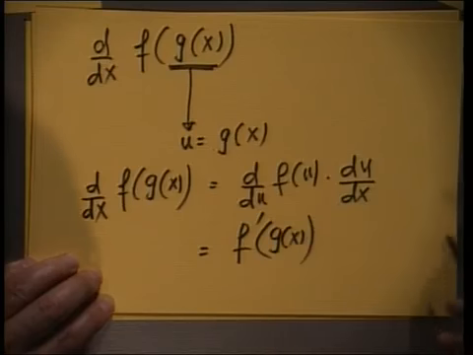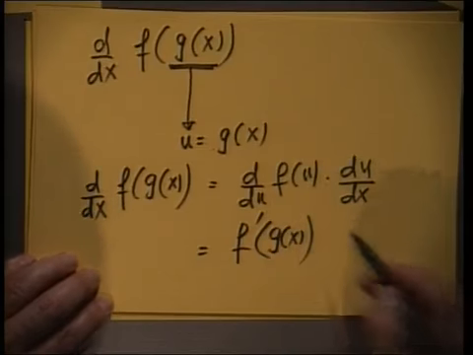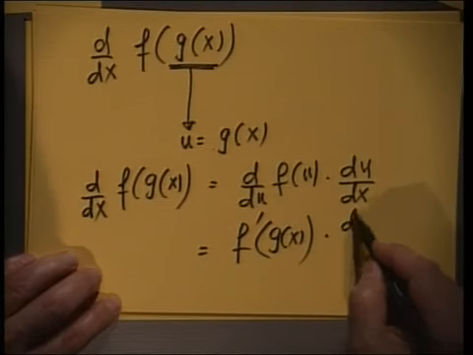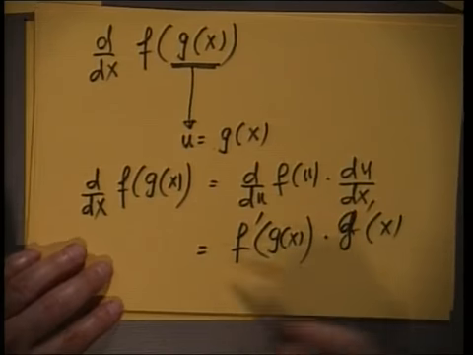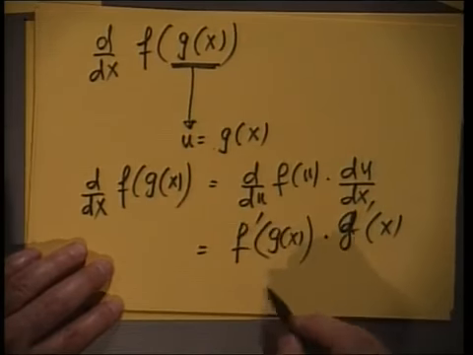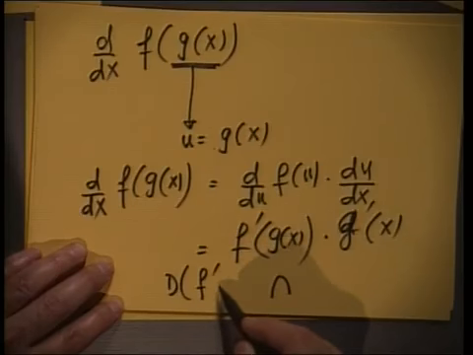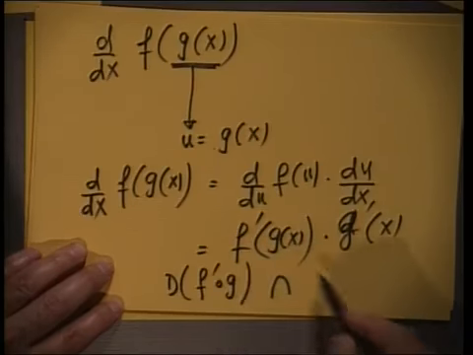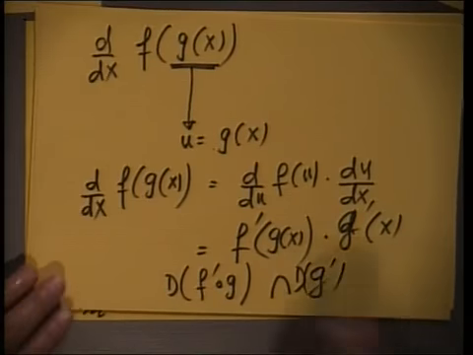In other words, you get the derivative of the outer function with respect to g, not with respect to x, times g dash of x. And of course, the domain of this derivative is the intersection between the domain of the composite function f dash of g and the domain of g prime. So this is how you do it